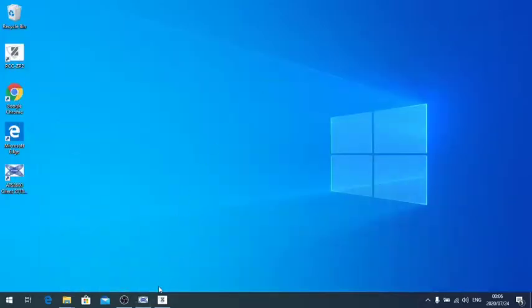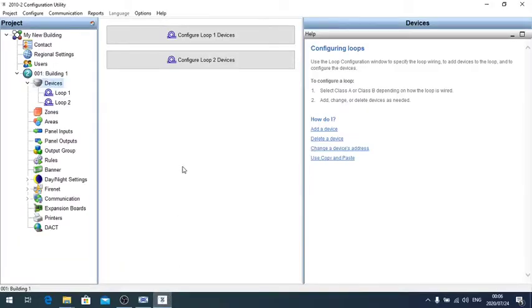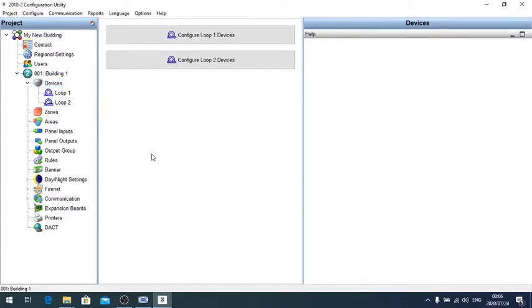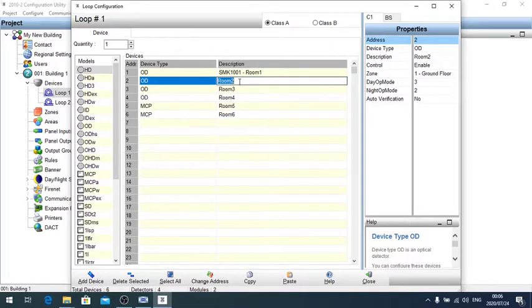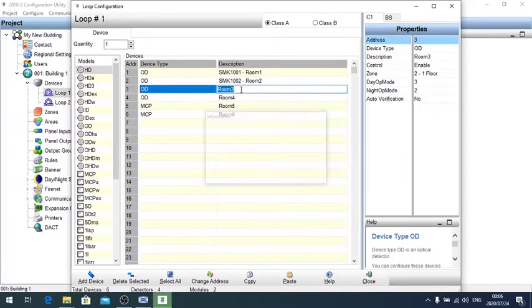I'll minimize this again. I'll go into the ZP2 program. I'll go to my loop and I'll change this to, I know it's an optical detector, so we'll just generalize to smoke, SMK 1001, room 1 or whatever it needs to be, kitchen or whatever. We'll do the same here. We'll say SMK 1002, room 2. Same with this one, SMK 1003